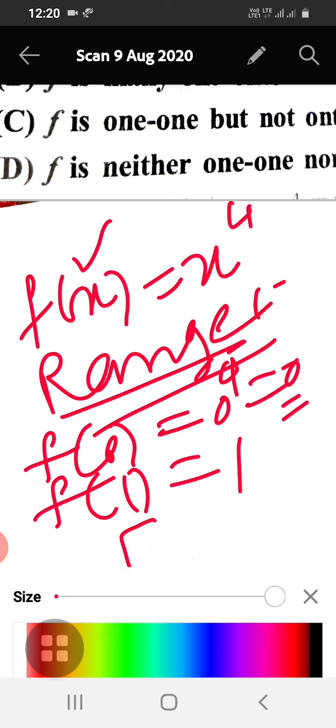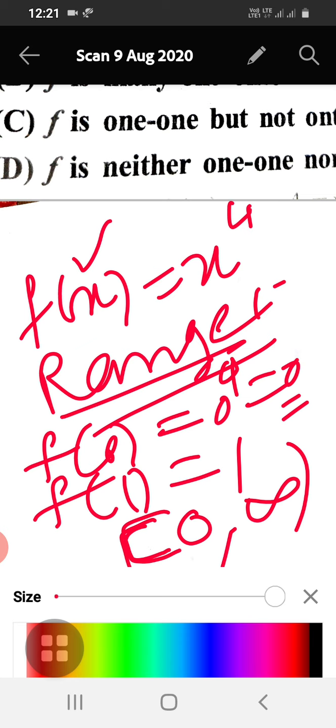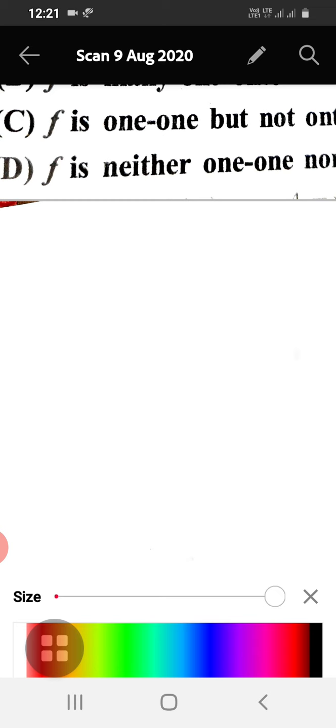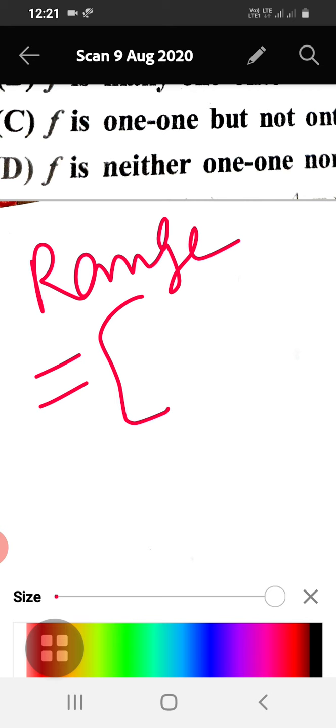The range of this function will be 0 to, it will take any value up to infinity, so it will be an open interval. So the range of the function is 0 comma infinity.